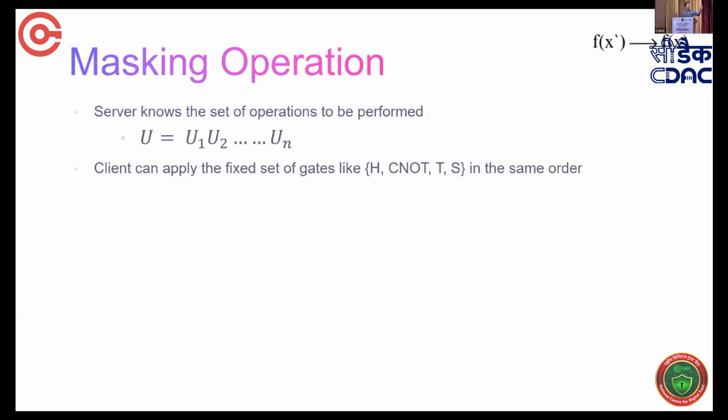So whenever there is an operation which I do not require, for them I will send the dummy qubit, and whenever the operation I require, I will send the actual qubit. In that way, the server knows that every time he is applying all the four. He doesn't know which one is dummy and which one is the actual one. So in that way, I can mask my operation.